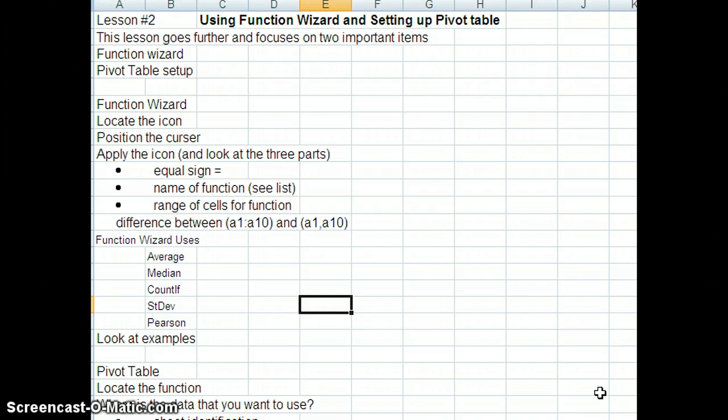The first lesson was on the basics. This lesson is really on 2 topics. It's on using the wizard function and setting up a pivot table. So that's basically what we're going to be doing today. This simply shows you a sheet from the lesson section, or the lesson sheet, on the Excel file that